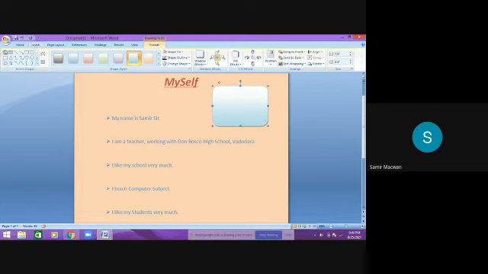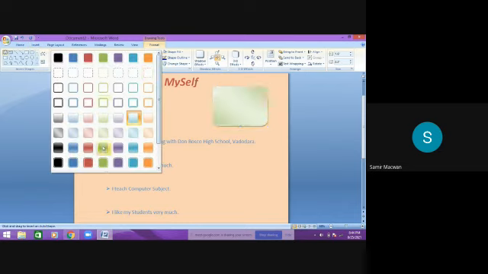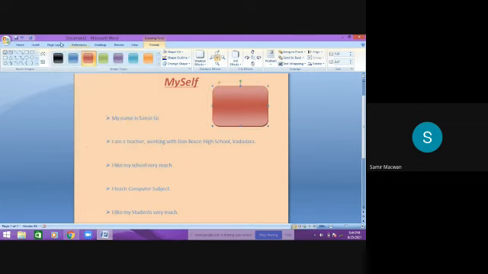Just kidding. So I'm clicking here, taking, oops, undo, take this, drag over here. This is my photo. Keep it in center and you can definitely color it. This one is better.